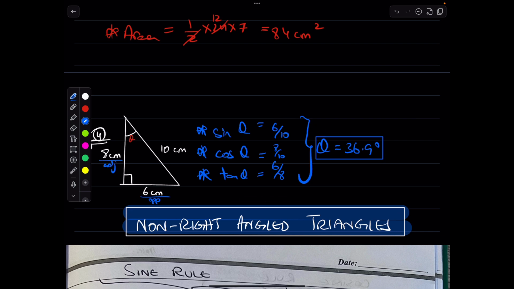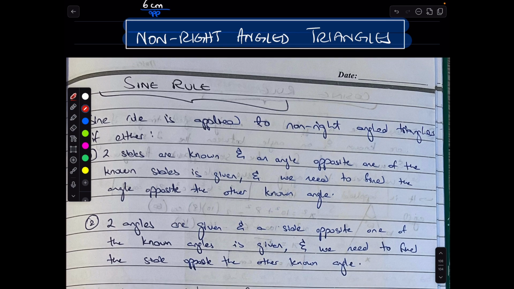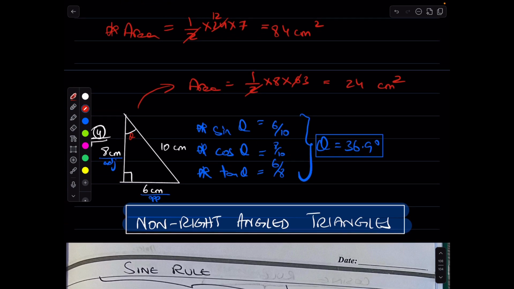And if we want to find the area of this, it's half into 8 into 6, and 8 into 3 is 24 units, or rather centimeter square, since the units are given. If the units are not given, write units